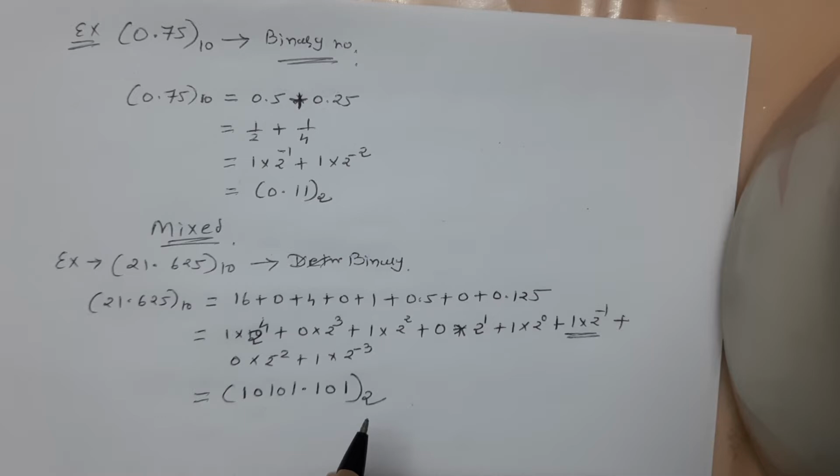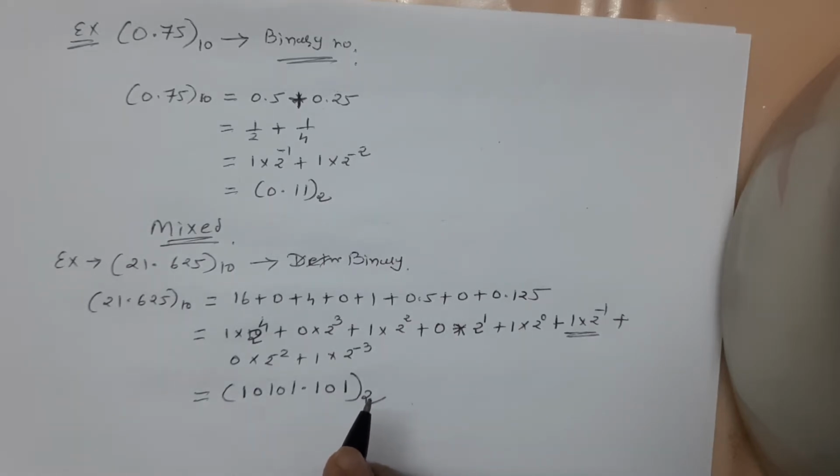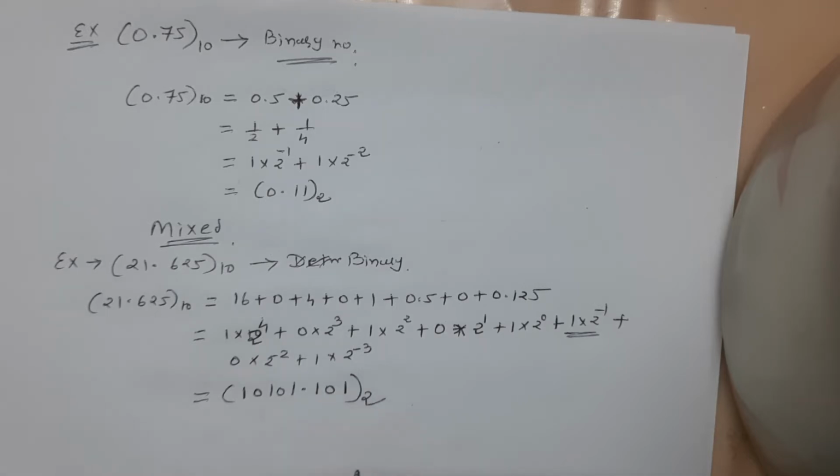This method is not very useful, right? And it is not commonly used, as it needs the number to be represented as a sum of numbers that are in power of 2 forms. It may be easy for a few numbers, but it is very difficult for a large number. So for large numbers, there is a method known as the repeated division and multiplication method. So here we will discuss this.